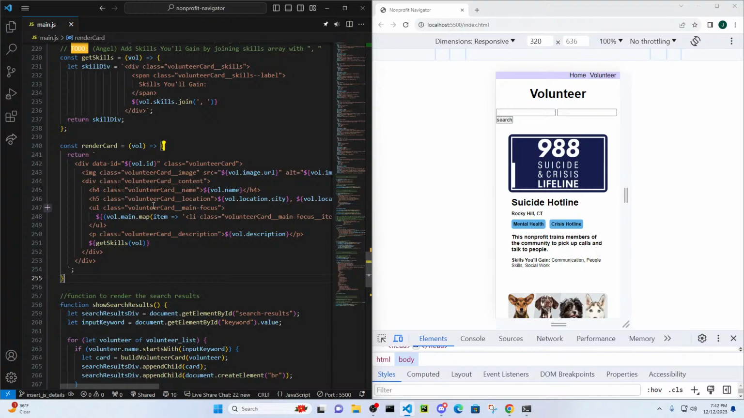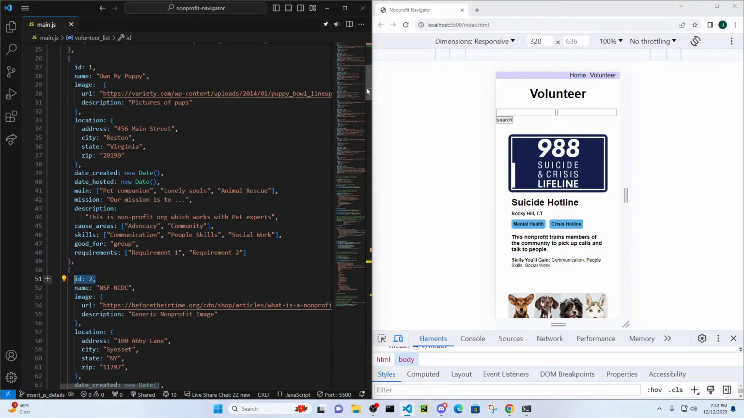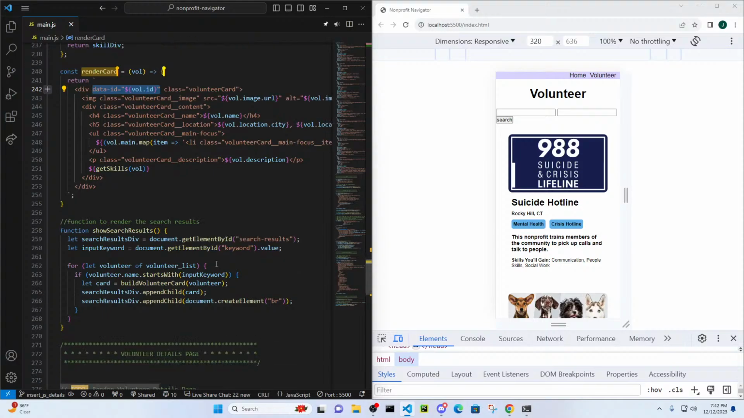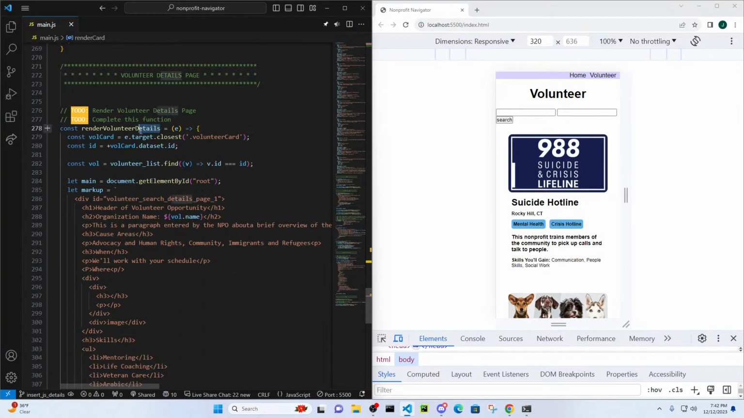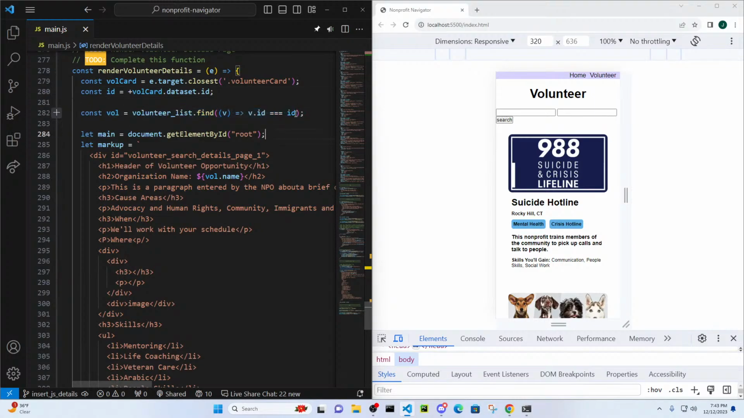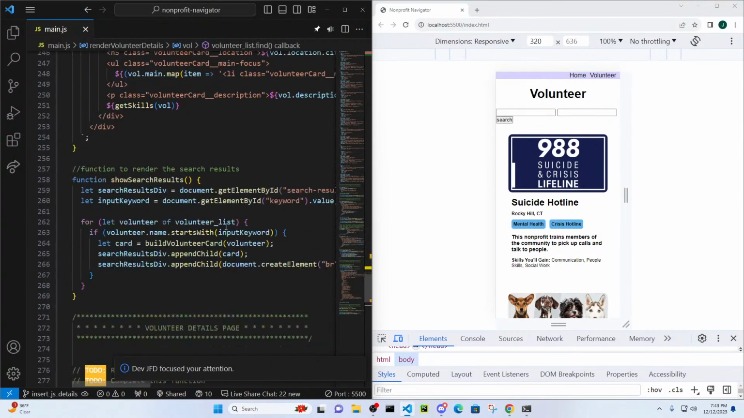When you click on one of these cards, you can see that we take the volunteer opportunity that was passed in and create a data ID attribute on it called vol ID. If you look at our volunteer list, this has an ID of 0, this has an ID of 1, this has an ID of 2. We use that ID on this card. So when we click on this card, we execute this render volunteer details page. The first thing we do is figure out which volunteer card was clicked and extract the ID from that card. We iterate over our volunteer list and compare our ID against every other ID on the list, and once we find the one that matches,